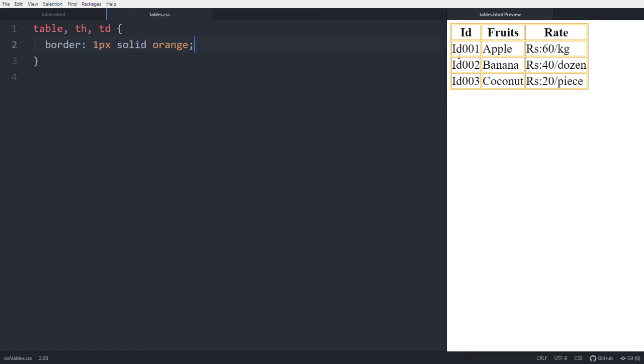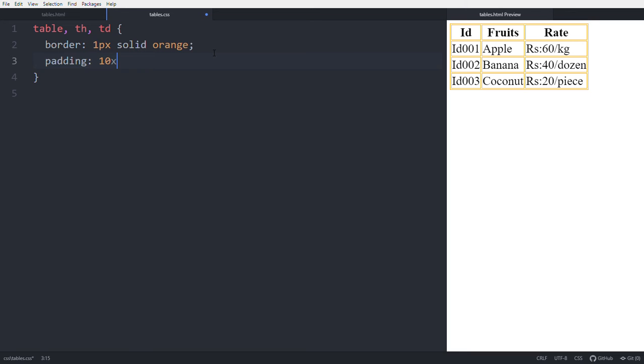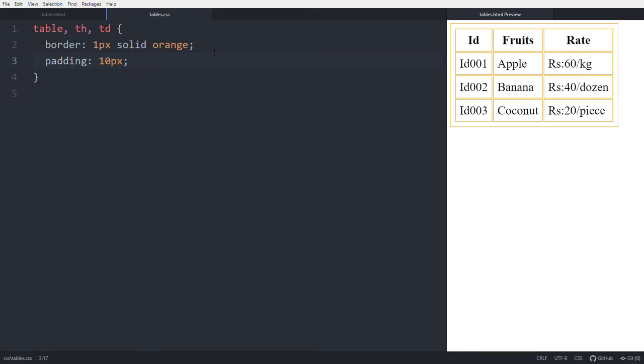The details are... to create the padding to get the view of details clearly, use this padding 10 pixel. See, now the details are a little bit clear,